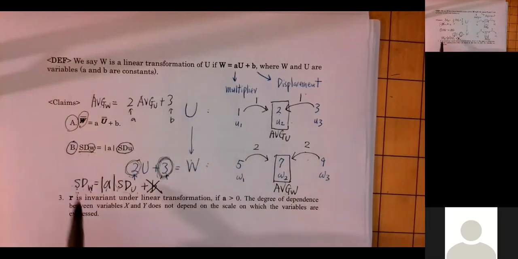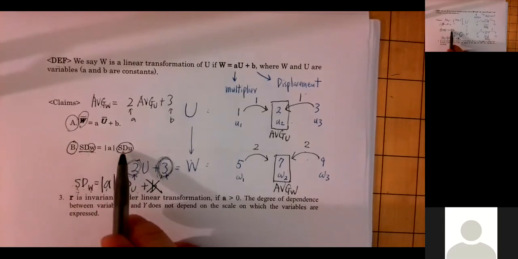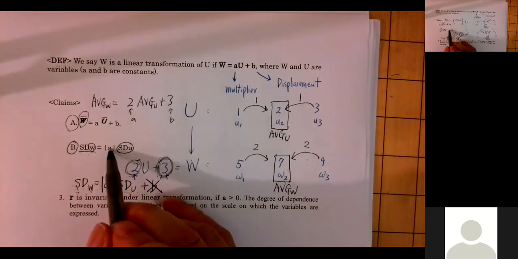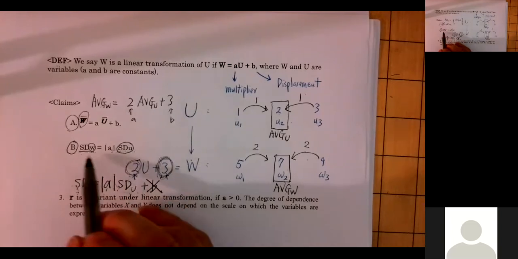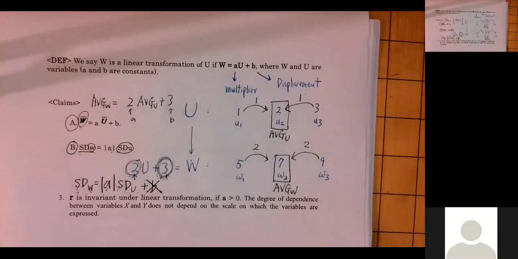Okay? And this tells us how the standard deviation of the new list relates to the standard deviation of the old list. Well, it's the multiplier: you take the absolute value times the standard deviation of U, and this gives you the standard deviation of W. Okay? If you want to copy,